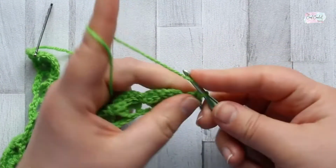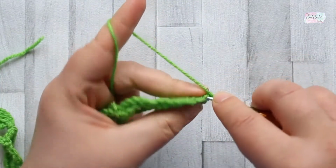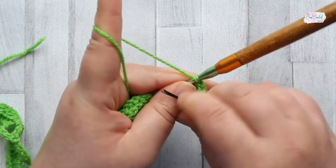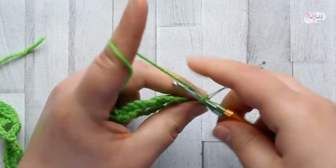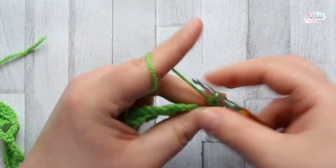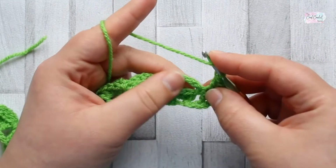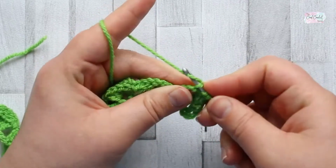Okay, so row 3, turn and chain 1, so that tail out of the way, and then make the alternate turning chain in your first stitch. And then double crochet in the next stitch. Okay, so we're going to make another row of shells now, and you're going to make all the shells in the chain. Okay, so in the third chain, so right in the middle, you're going to go into the chain, not around the chain but into it,